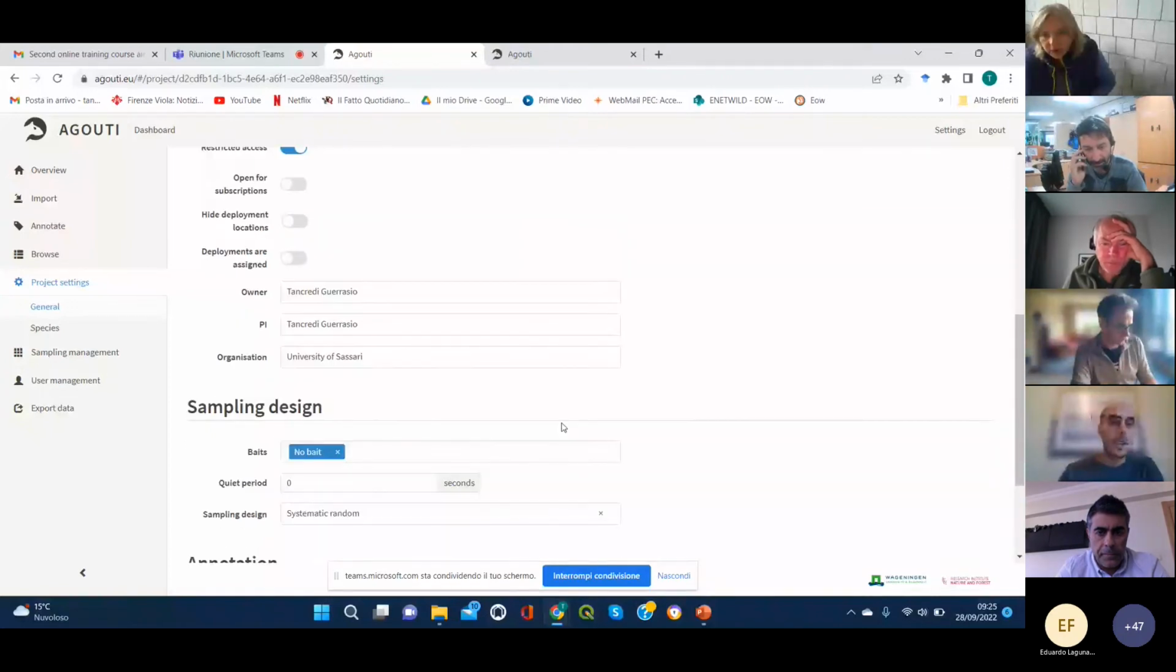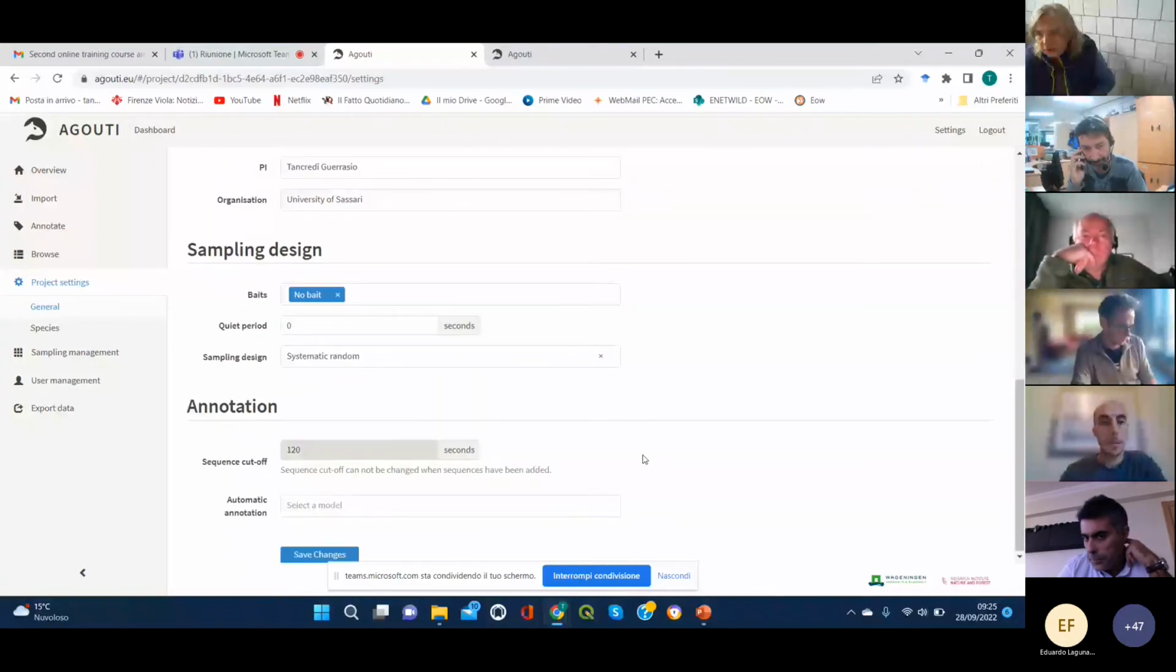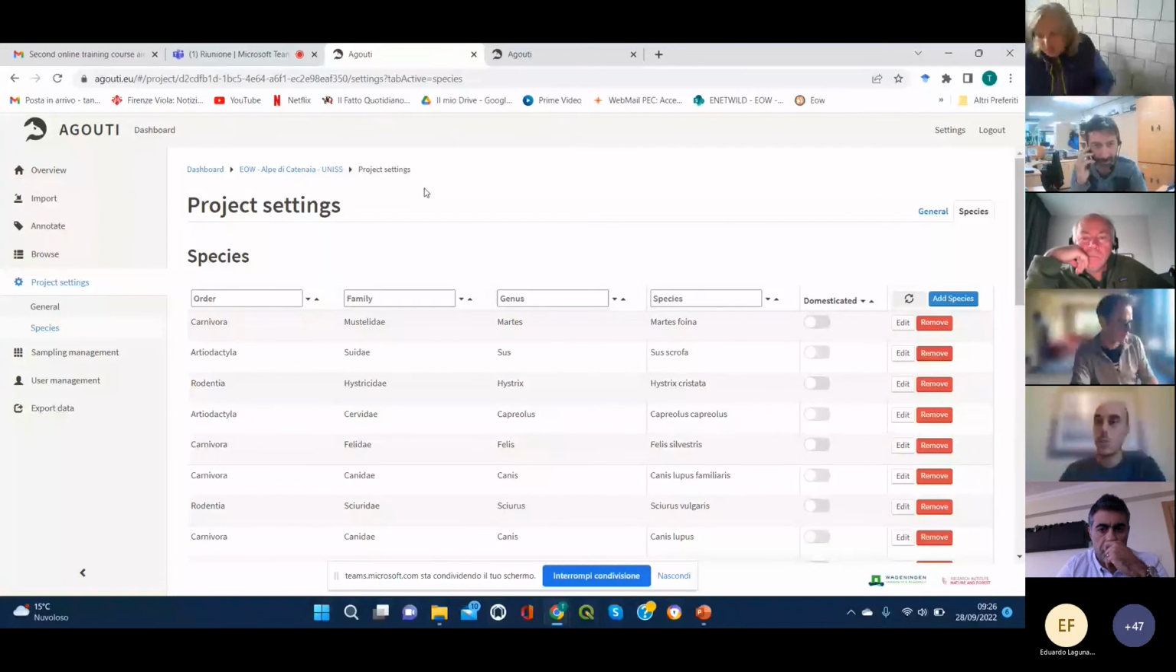As for the sampling design, we have no bait and systematic random sampling design. As for the annotation, Jim is going to explain about these in the next presentation. Just another short thing I would like to mention is about the species here. This is just for the manual annotation. As I said, annotation is going to be explained by Jim, but for the manual annotation, you're going to have to